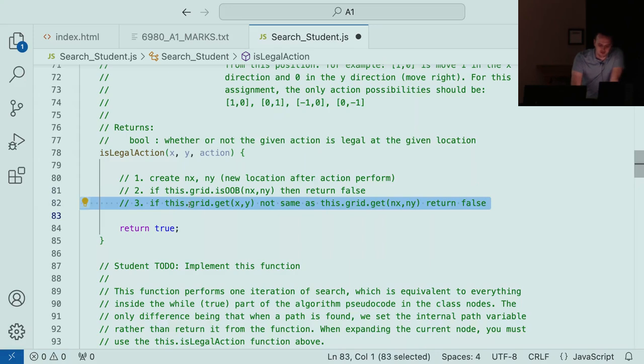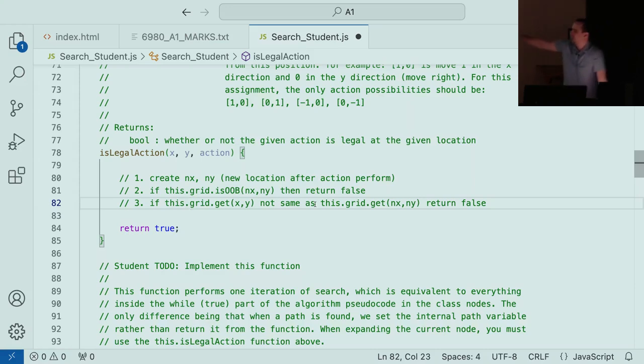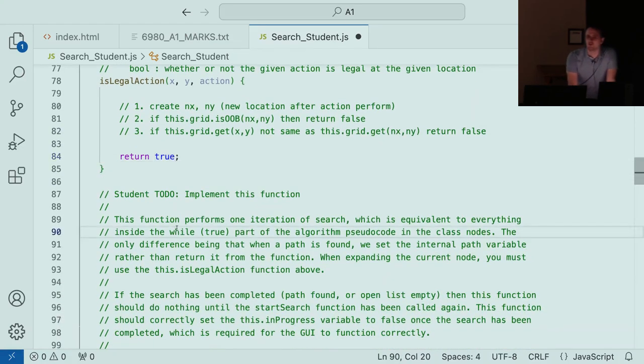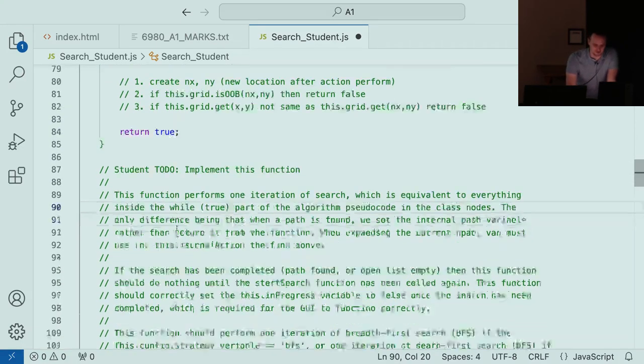And then check if this.grid.getXY is the same. If it's the same, then it's good. If it's not the same, then it's not. So this will just return an integer. If the integers aren't the same, it's not a color code, it's just a 0, 1, or 2, whatever. If they're not the same, then return false. Otherwise, if nothing made it false, then it's true. Okay, so that's isLegalAction. It's much simpler in this assignment than it will be in assignment 2, where we have octile